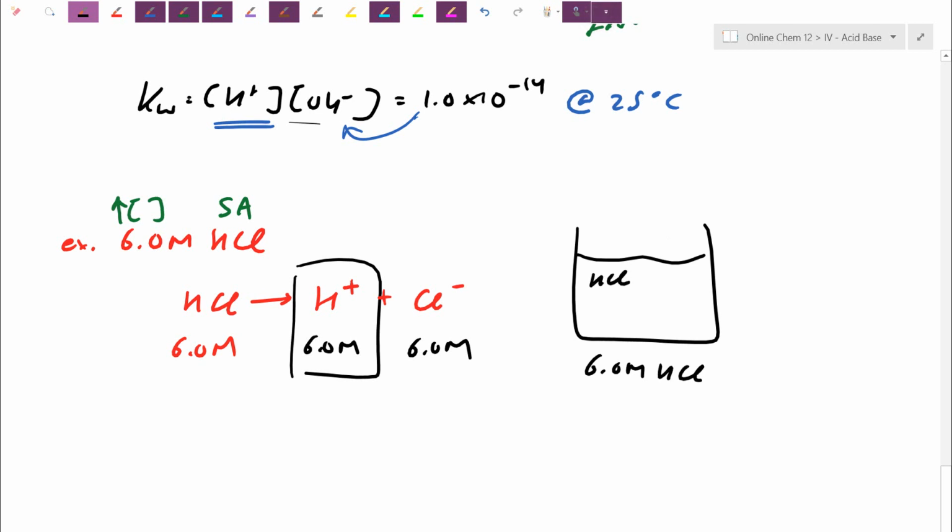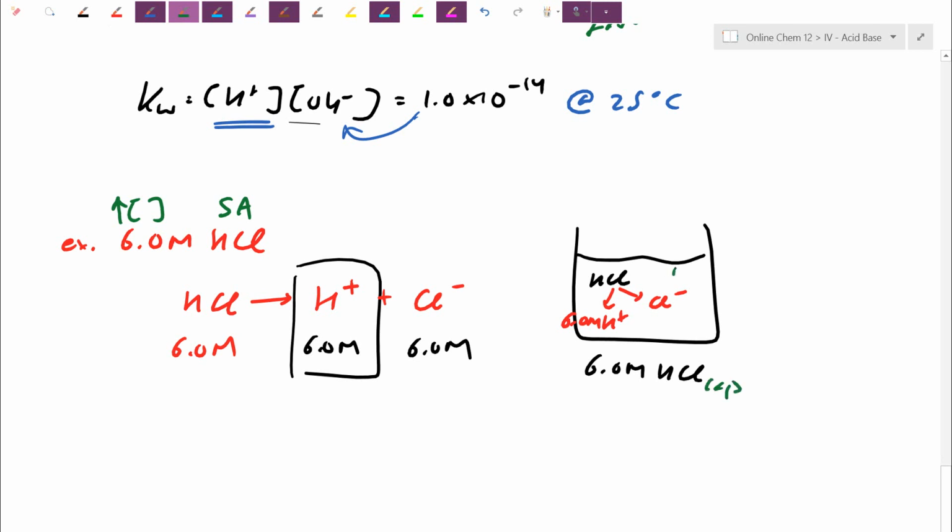Basically, the HCl's are no longer holding hands. The HCl's have been leveled by water. We said that last day. Basically, I have 6 molar worth of H plus. Really, really, really acidic. What the Kw expression tells me is, wait a second, this HCl here is in solution,